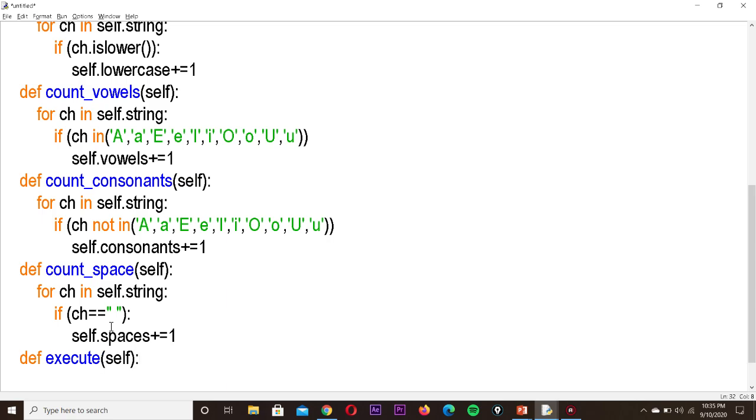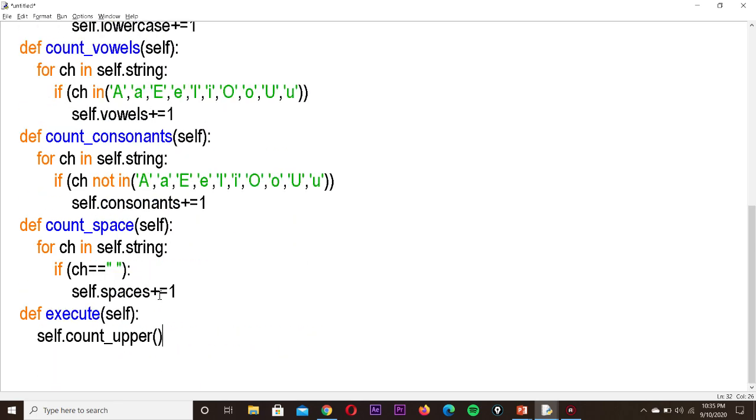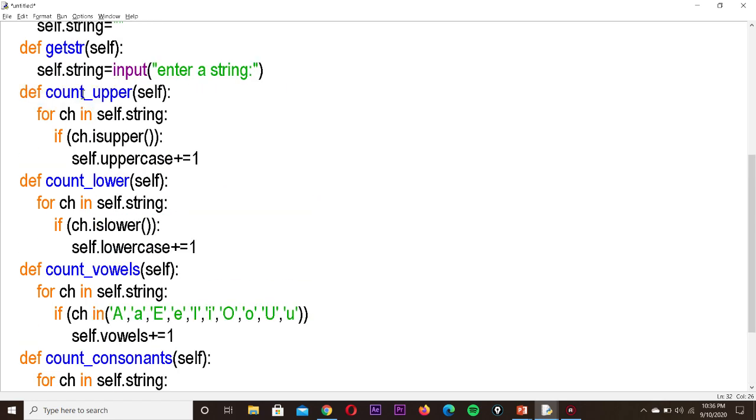The first function we are going to call is self dot count underscore upper. Only if you call these functions will they be executed. So we are going to create one more function for calling all the functions which we have defined: count upper, count lower, count vowels, count consonants.